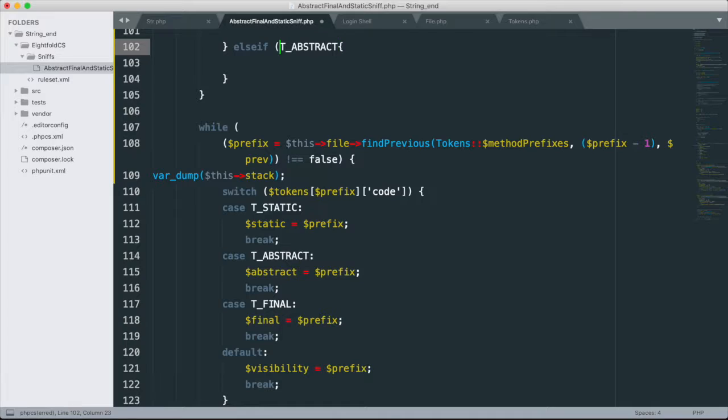So if code equals T_ABSTRACT, then set abstract equal to I,